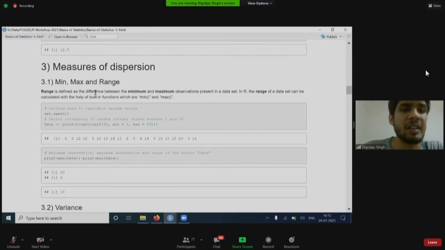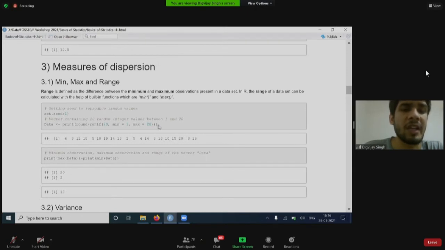And range is nothing but the difference between the minimum and maximum. So in R, a range of a dataset can be calculated with the help of built-in functions min and max. So in R, you get the min function to find the minimum observation and the max function to find the maximum observation.